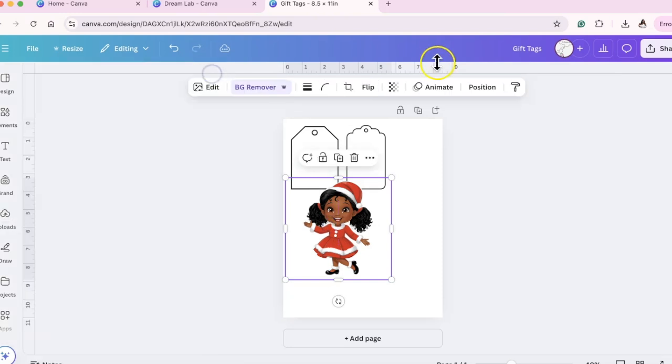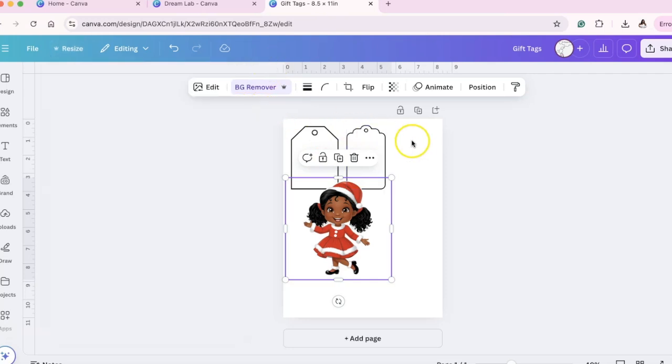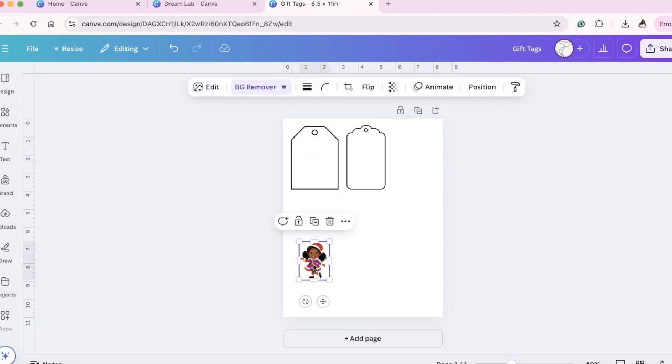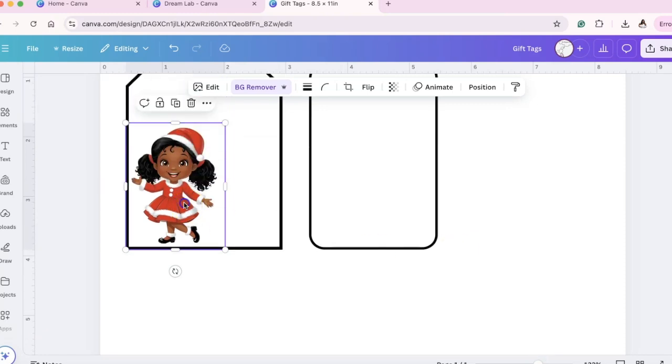I used an 8.5 by 11 page. This currently is an 8.5 by 11 page because gift tags are different sizes. So you can play around with them, but they're usually around 2.5 or 2 inches in width by 3.5 or 3 inches. Some of them are larger, but I'm just using it so if we wanted to print these out, we could print them out